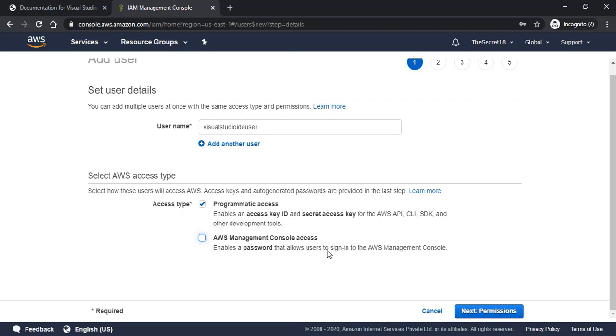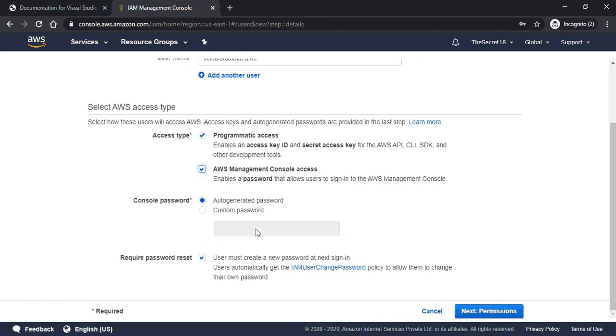When you select the AWS management console access, suppose you run the Terraform code and it says some permission issues. In that case, if you have the console access, you can manually log in with that particular user and create the resource whichever you are trying to create using Terraform. In that way, you will be able to confirm what permission issues that particular user is having, if it is really a permission issue or something to do with Terraform itself. So that way it will be helpful to understand about the AWS management console.